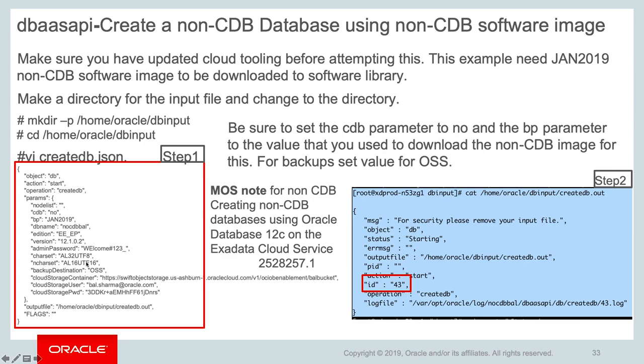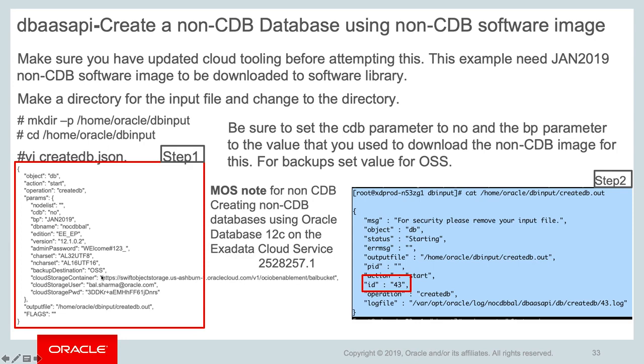By default it creates L16 UTF-8. Then node list, I'm not passing anything, which means it is not a mandatory parameter. From wherever you run it, the database will be created on that particular node. The additional parameter I am specifying is backup destination as OSS, which means I'm not interested in disk backup, just